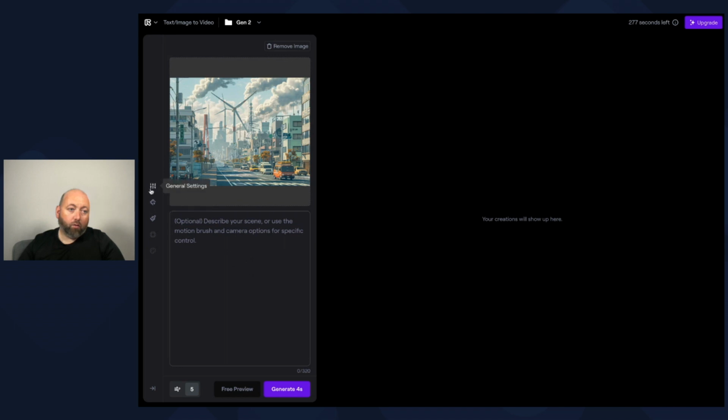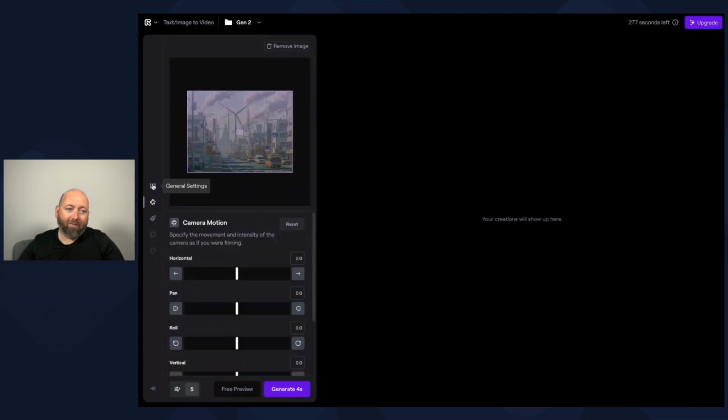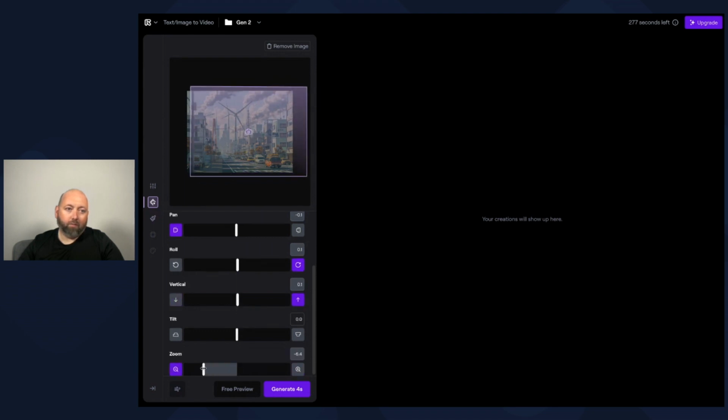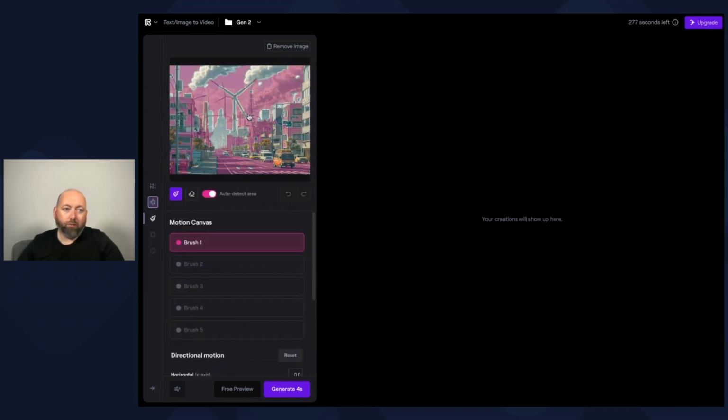some quite cool settings. The general settings, don't really play around. The camera one is the main one. So here we can basically say when this gets rendered, we want the camera to move left and right, like this. Do we want it to pan? Do we want it to roll, maybe for a flying of some sort? We want to go up and down for climbing up a building, for example, and tilt and zoom, obviously, quite self-explanatory. But then they have this idea called a motion brush, and a motion brush